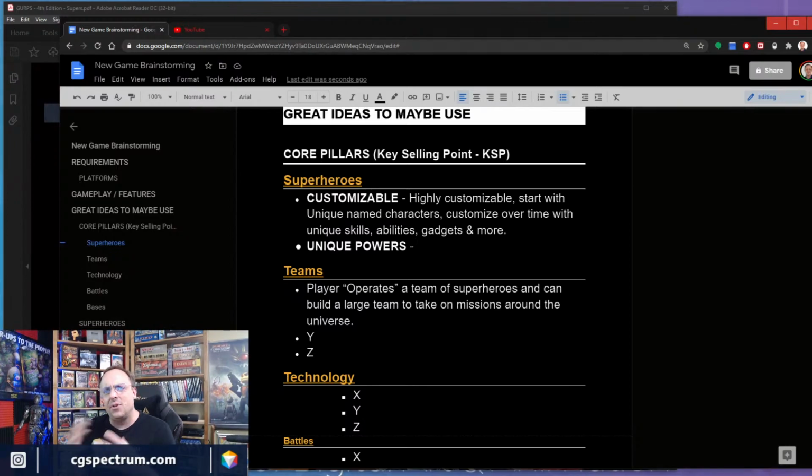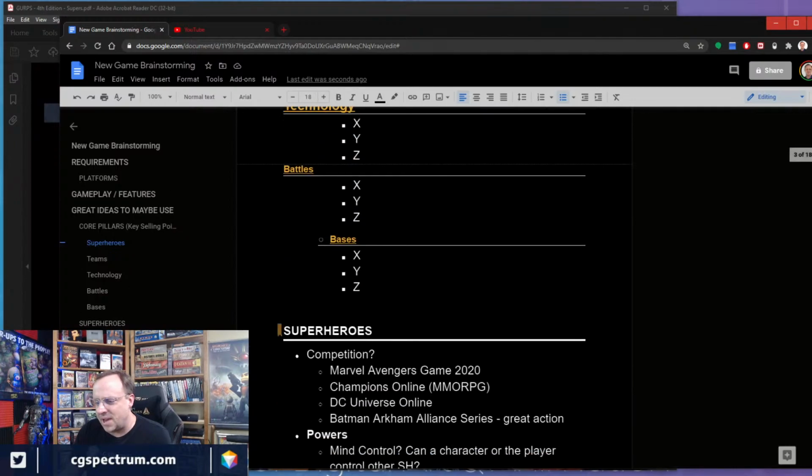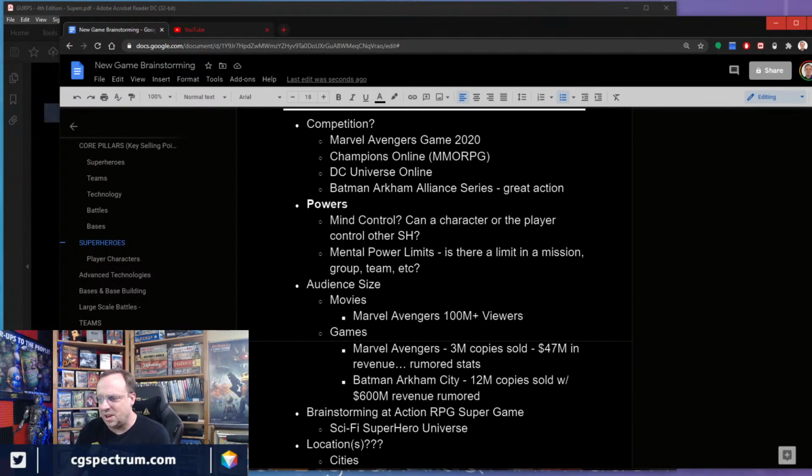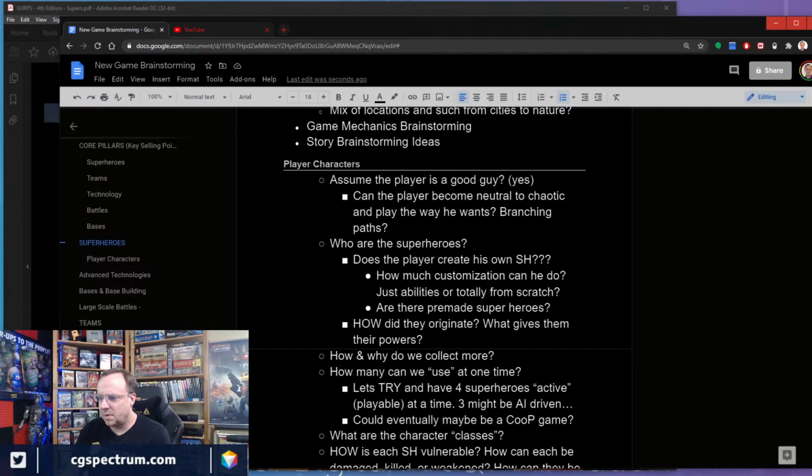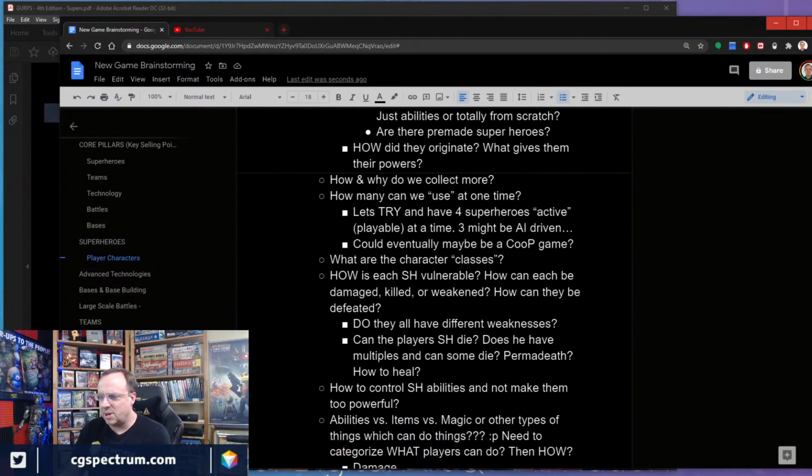However you're structuring it, you're trying to give people a very, very high level overview of what the game is going to be as quickly as possible. In the case of unique powers, maybe I'll come back and fill that in later. I'm just brainstorming this first pass of what these things are. Let's see here. Trying to think of the other gameplay that's worth mentioning here. So what I'm looking for is to say like,